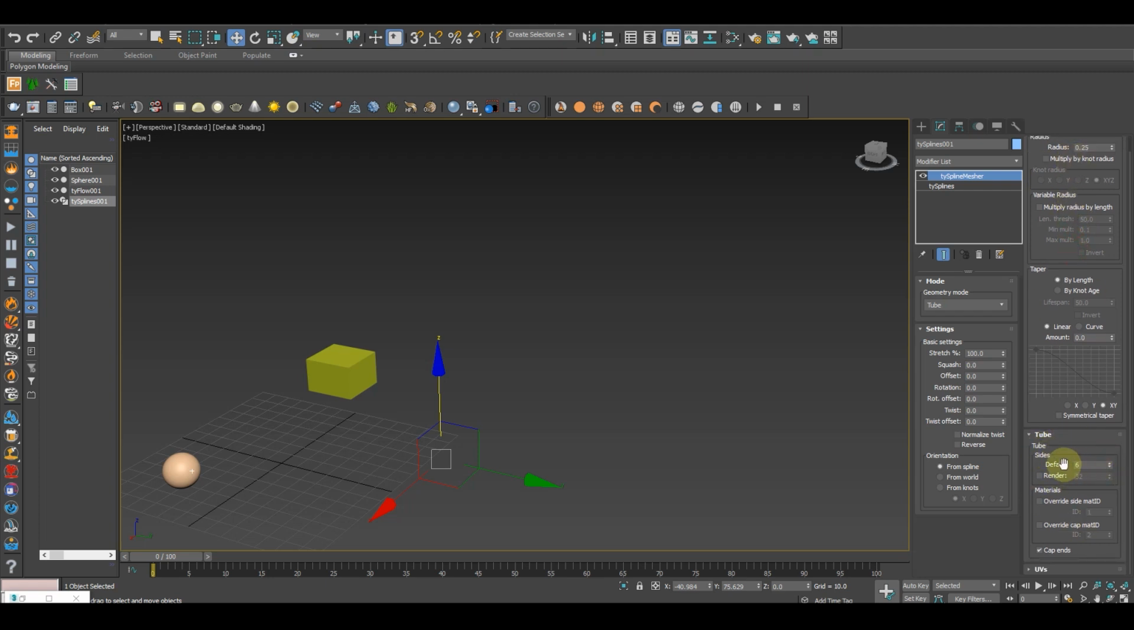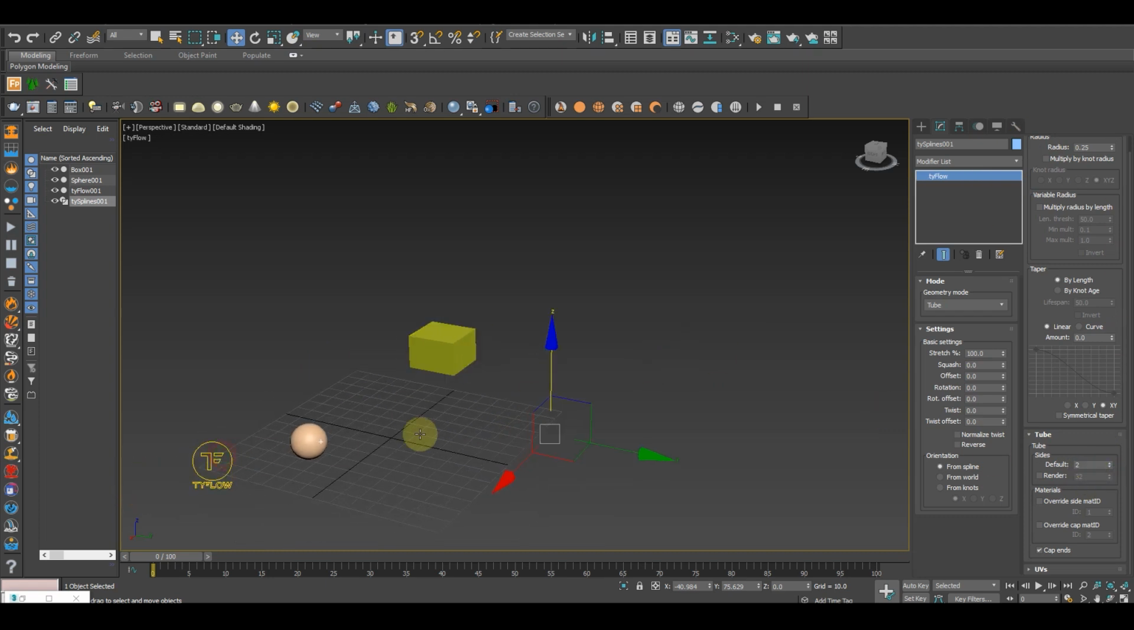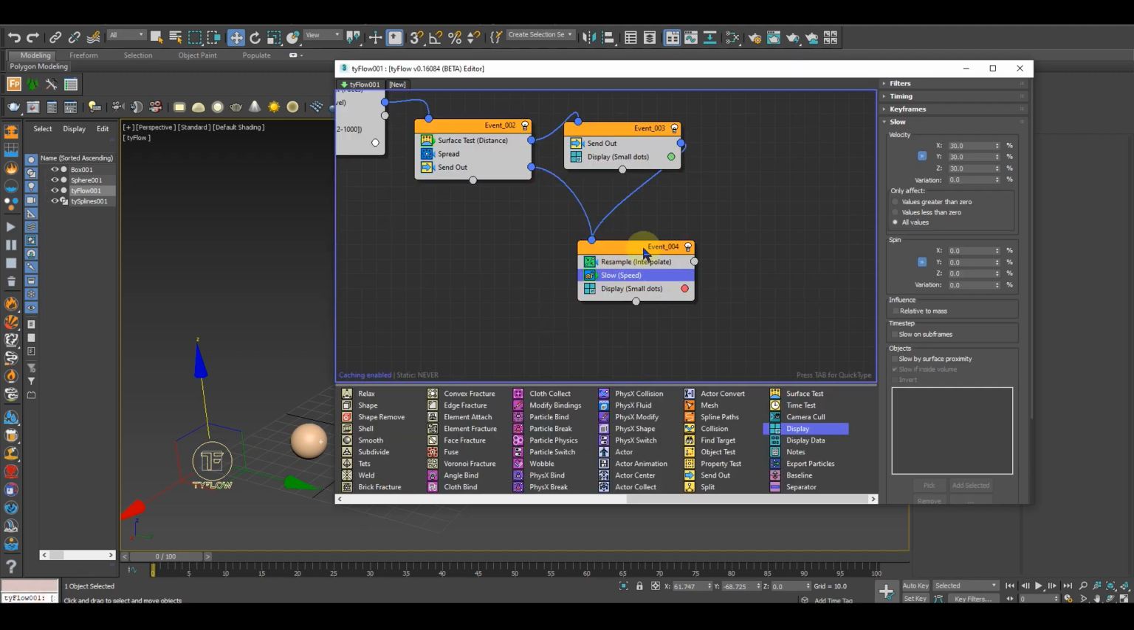This is the most important part. So if you keep this value to 6, you will get cylindrical sparks, but in my case I used a bit 2, so I could create a bit of a realistic effect in sparks. So I'll just keep it to 2. And now we have to return in Tyflow, and you have to take